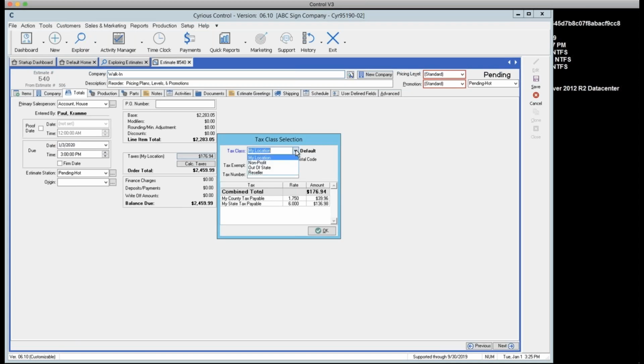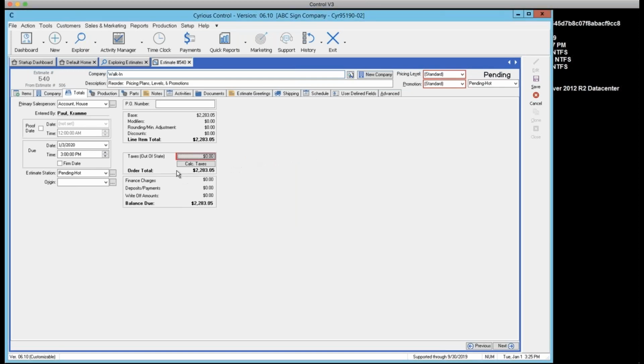Simply pull the arrow down, and if it's an out-of-state job, you would choose out of state, say okay, and now the taxes are 0. And notice the red box that's around this. That indicates that the taxes have been overridden for this particular estimate or this particular order. So we took an existing one, we added another line item to it, and now let's save that